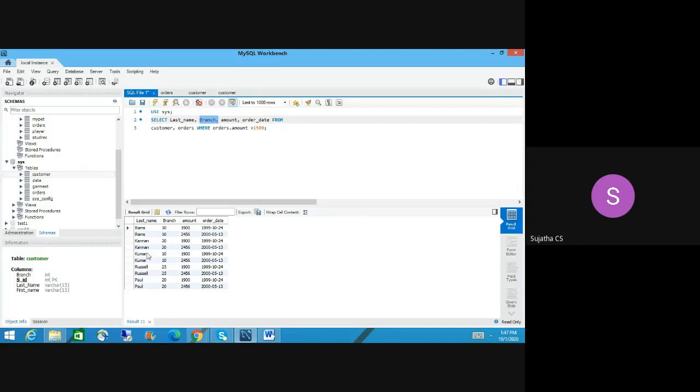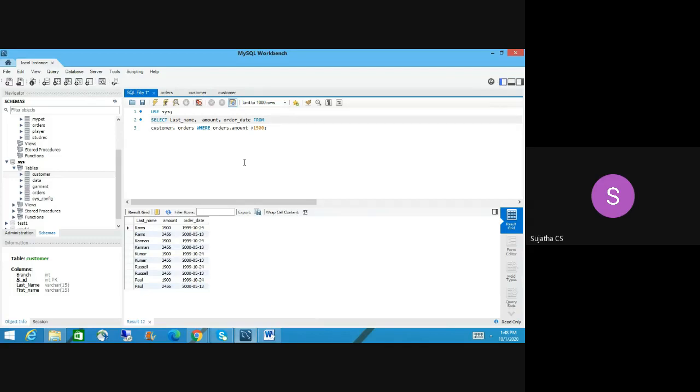It multiplies and then returns the values. Suppose you write this like this, star instead of branch, amount and order ID. Let's try that. Can you see the difference? It will take that last name, amount, and then order. It keeps on printing that.